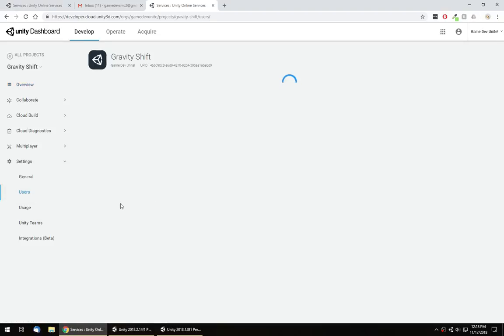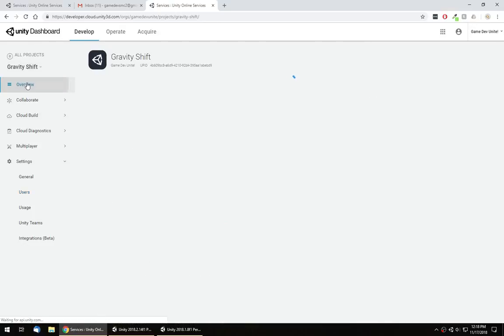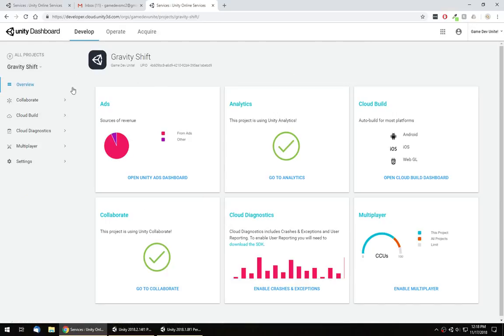Cambio has a team of 6 people. So on the left hand side right here, I'm going to users, by the way. Sorry, I didn't really explain what I was doing there. But right here on the left hand side, there's a menu, and down here in settings is where I want to be, and I want to be actually in Unity Teams. Unity Teams is the important part. So I'm going to click here,